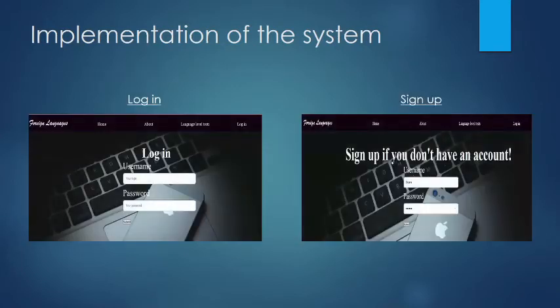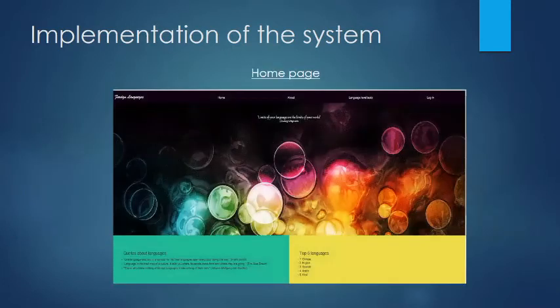The authorization module includes 2 scenarios. 1. The user is already registered and stored in memory. He only needs to log in. 2. The user must first register and then log in. Pages about language tests, which contain information about the site and about tests available for determination of the language level. These pages are available for all users to view.